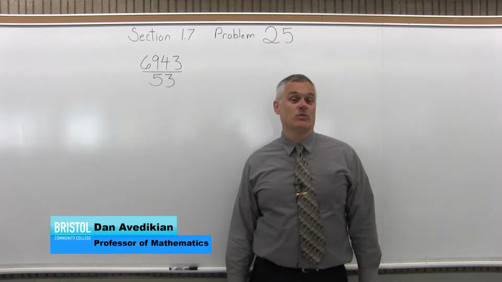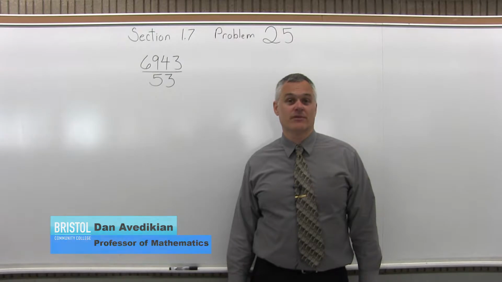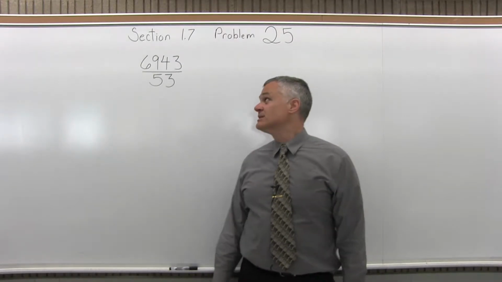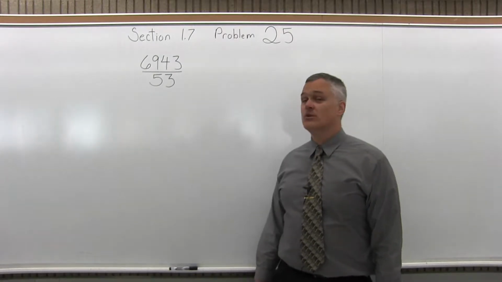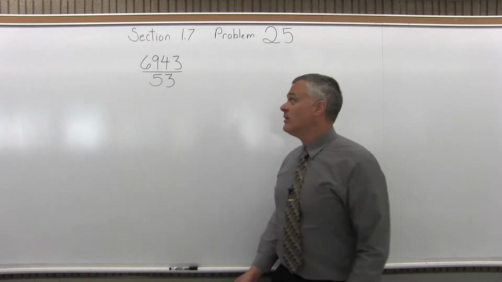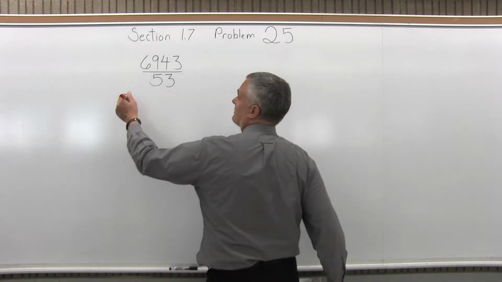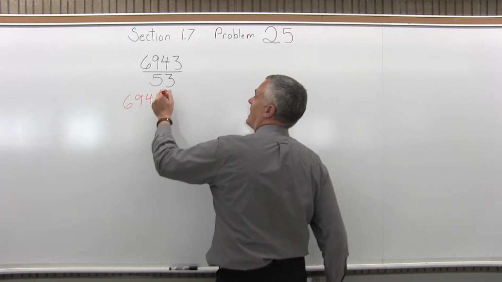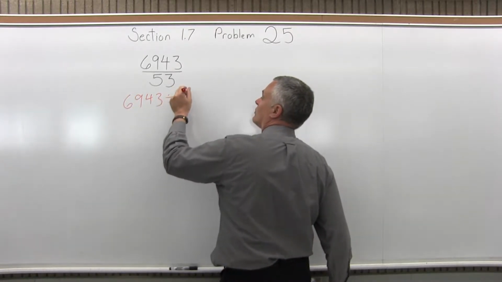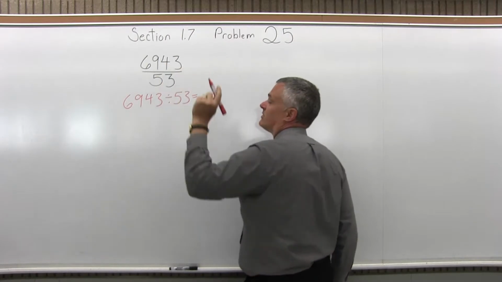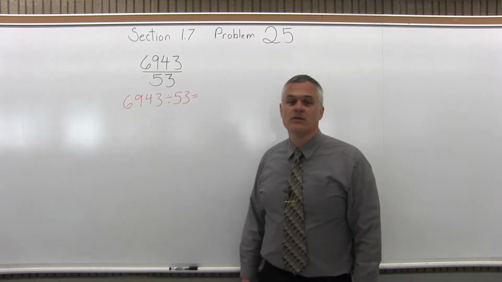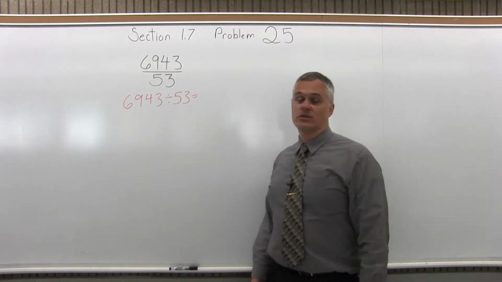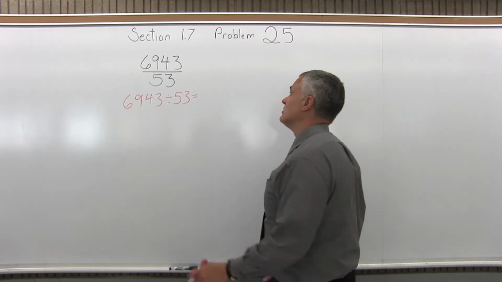This is Section 1.7, Problem 25. We have 6,943 over 53. Now, if you have a calculator and you want to solve this problem, you can enter 6,943 divide by 53 equals, and the calculator will give you the answer right away. Now, if you don't have a calculator, you're going to do it by hand, which means you would write